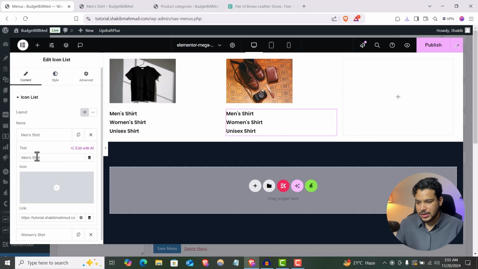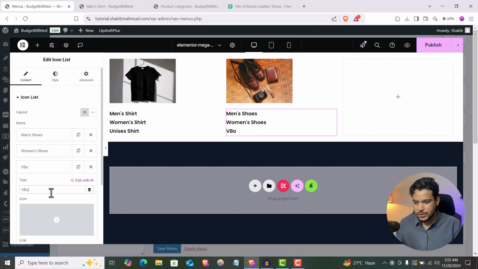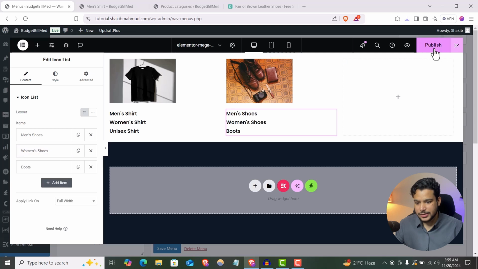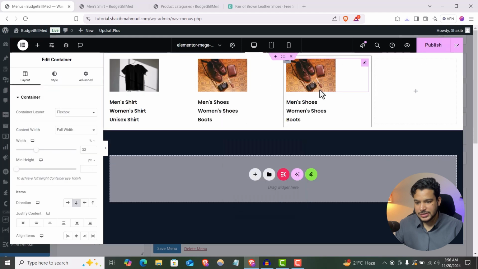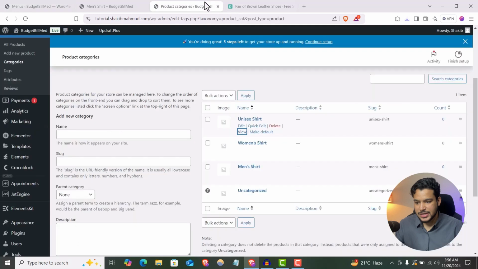Let's say I just want to change it to shoes, and for this women's shoes, and let's say boots or something. So in the same way you can put the link. And also for the next one, if I duplicate this and just delete this,